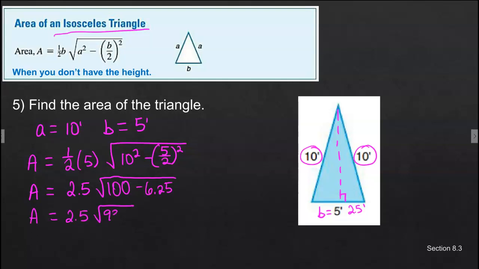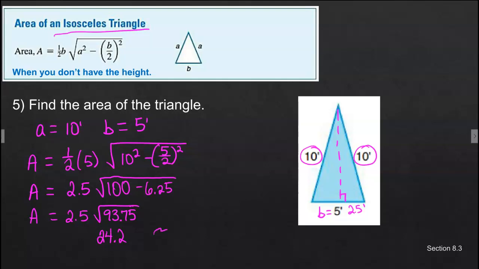times 93.75. Now, you might feel like, oh, that's a lot of steps. You can simplify some with it. You could go ahead and do some of these steps together. I would just suggest that you don't try to shorten it too much, that you go ahead and work out some of the steps, because sometimes when you don't, you end up messing up on your calculation, basically. When we take 2.5 times the square root of 93.75, it's 24.2,